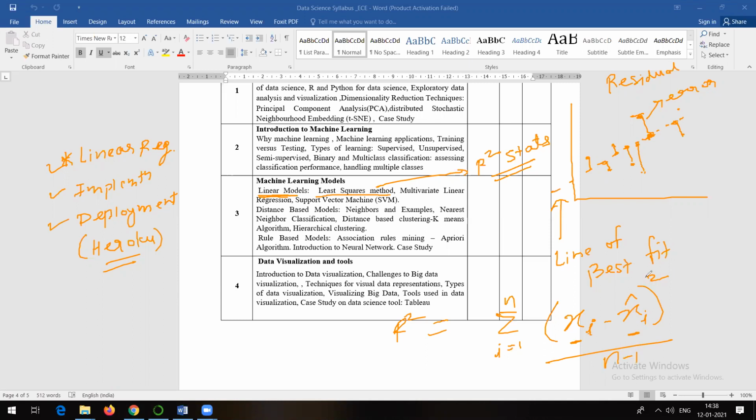Now, why do we take the square of this? This is just to nullify the effect of negative values. Suppose you are creating a model to predict the salary of an employee. The original salary is 50 and the predicted salary is 45. The difference is 5, so in this case the difference is positive. But it might happen that the original salary is 30 and your model predicts something like 45. So the difference is 30 minus 45, which is negative, maybe minus 15. Just to nullify this kind of effect, we take the square of that.